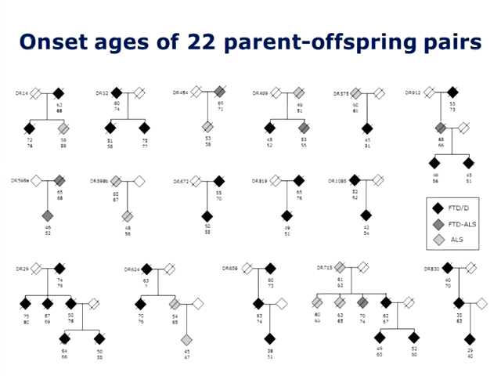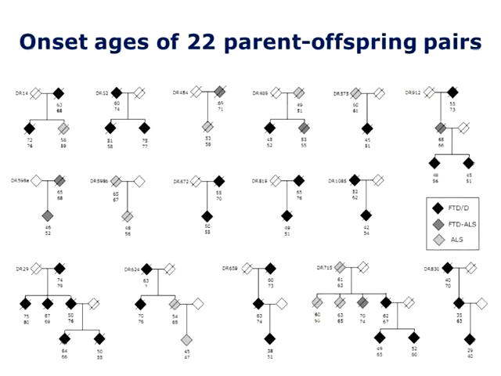So in the previous slide, we made use of a comparison between two generations, independent of whether it was a parent with a child or his uncle with a nephew. But here we've done an even more interesting approach, where we have looked specifically at the parent with their offspring. And we had onset ages of 22 parent-offspring pairs, which are all illustrated here, and so the black